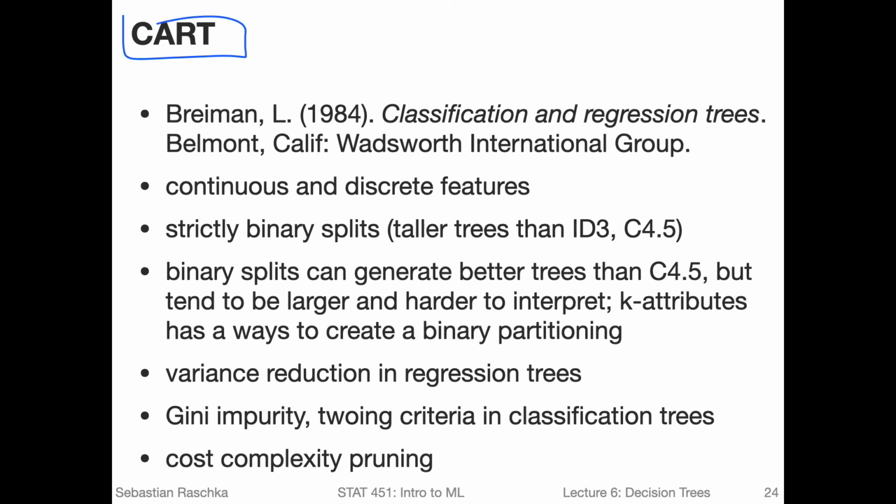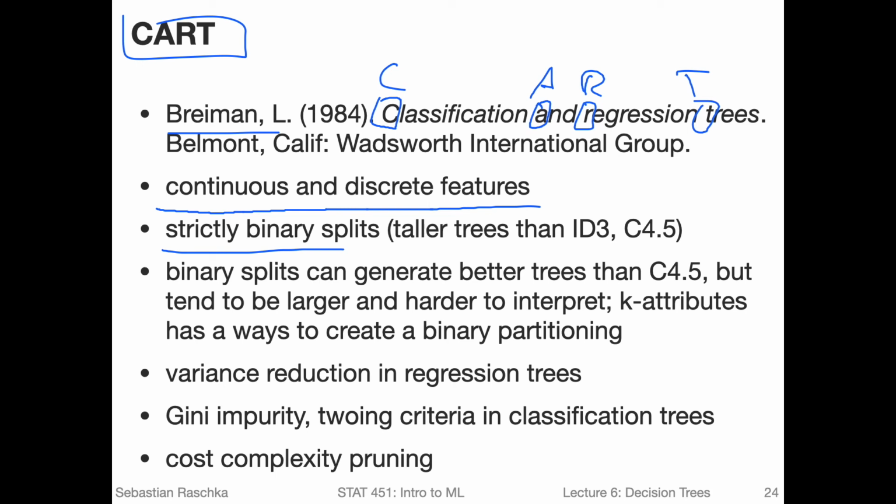And one of the most popular algorithms is the CART algorithm by Leo Breiman, and CART stands for classification and regression trees. Similar to C4.5, it also supports continuous and discrete features. However, in contrast to C4.5, it only produces strictly binary splits. Consequently, the trees from CART will be taller than ID3 or C4.5 trees. Like I said before, if you have these binary splits, the trees will be deeper and narrower,